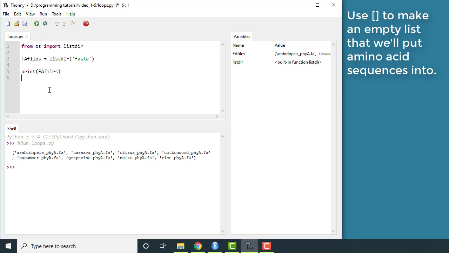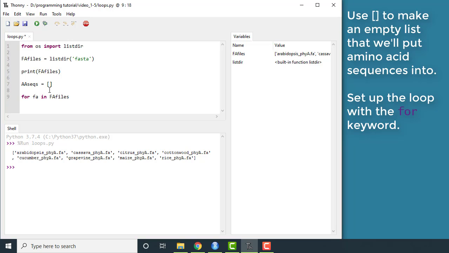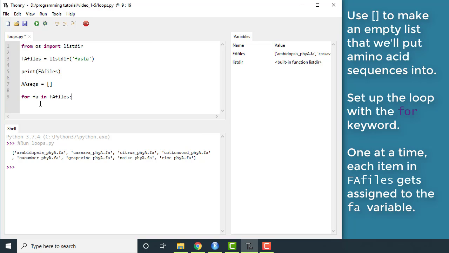So first I'll set up my list. So let's call it AA-seqs for amino acid sequences. And I'm just going to use these 2 square brackets to initialize it as an empty list before I do the reading. So then I can type this command: for FA in FA files. And what this is going to do is it's going to go through this list one